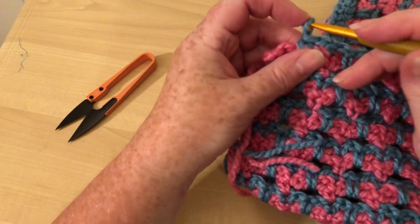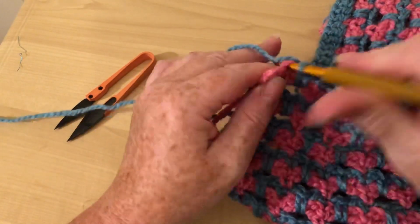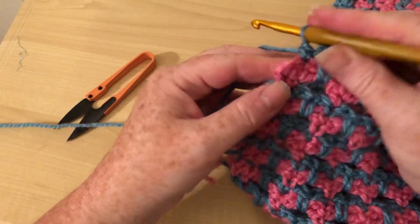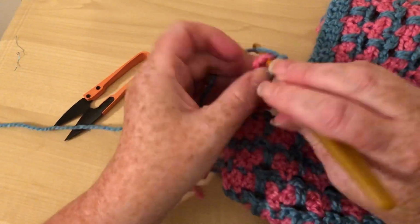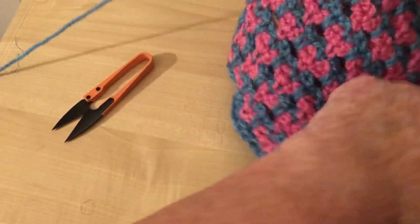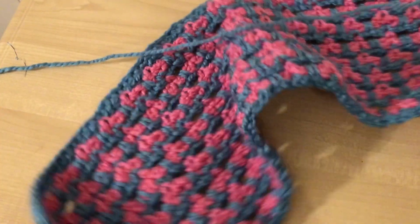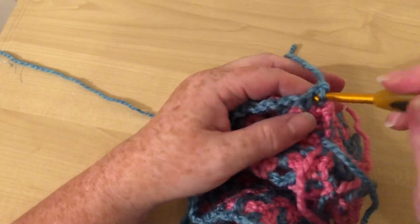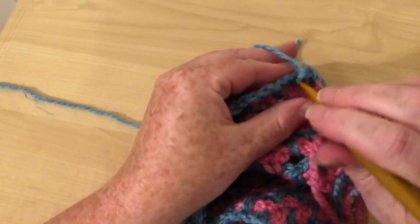So I've got one little bit to do, and then, did I do my chain? No. Oh dear, almost got it wrong. So I'll do my 2 final double crochet and 1 chain there. Move my little snippers over there. Turn my work, and for this row we're just going to do a row of double crochet all the way